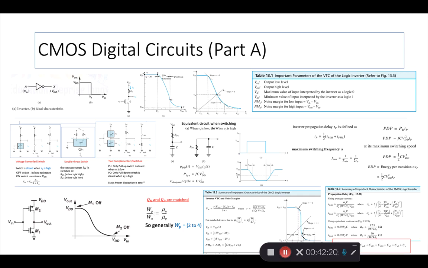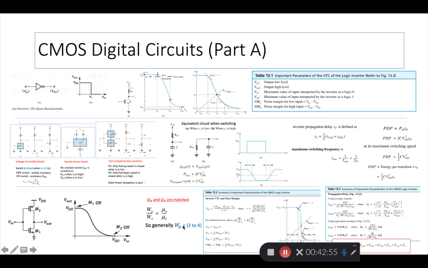We know that. Because to get them to be matched, you need to have the area of the P portion of the silicon to be much higher than the area of the N portion, right? Because the hole mobility is much less than the electron mobility. So to have a matched pair of transistors, if the QN and the QP have to be matched, then because the lengths are generally assumed constant, the same in an IC, so the width is the only thing you can